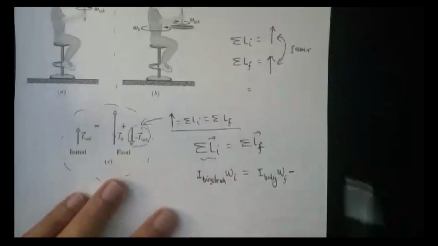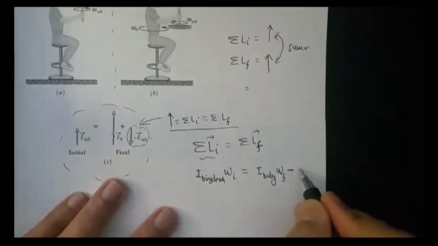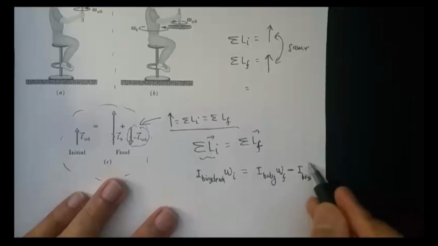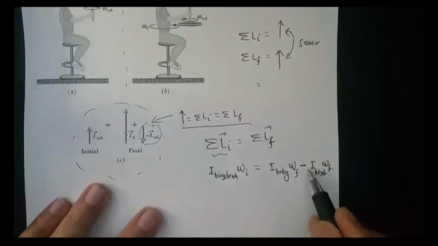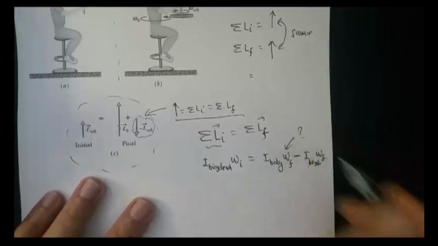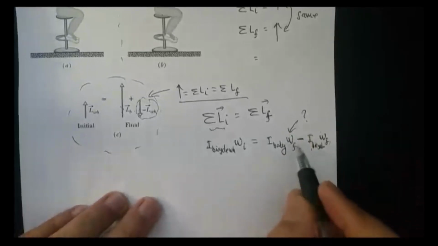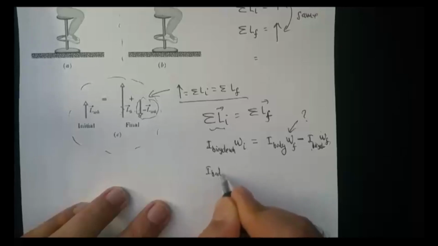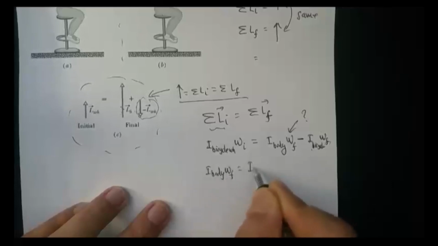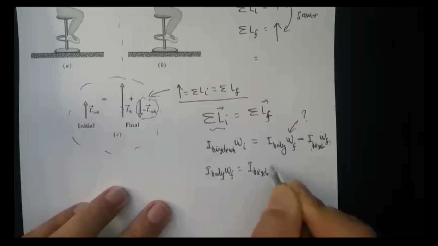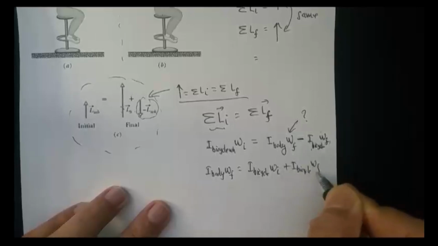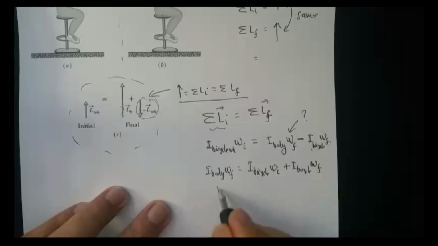the angular momentum of the bicycle wheel once he inverts it is now negative, in the negative direction, because it's spinning in the clockwise direction. So make sure you don't forget this negative sign: minus I of the bicycle wheel times omega. Its magnitude is the same as before, only the direction is inverted, and you're solving for the final angular velocity of the student. So I body omega final is I bicycle omega initial plus I bicycle omega,